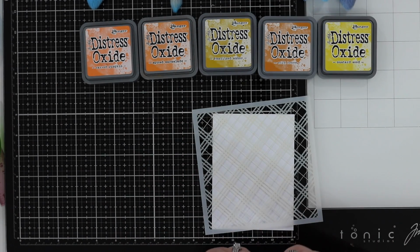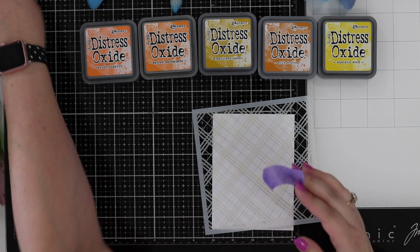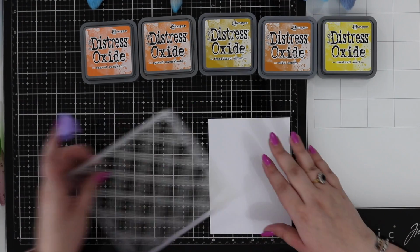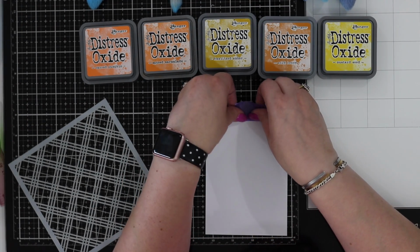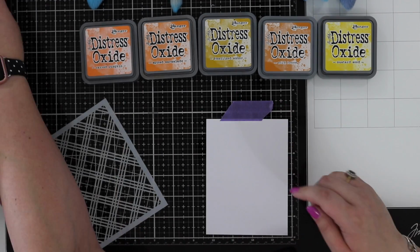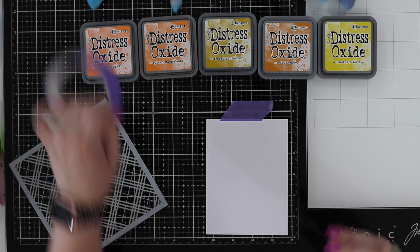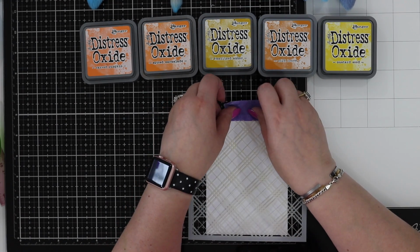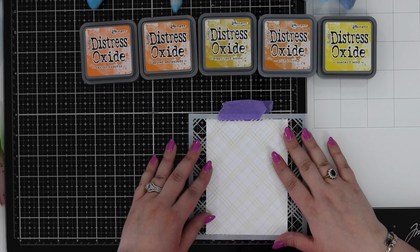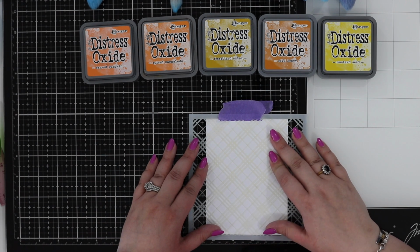So to do that, I'm going to grab a piece of masking tape. This is nothing special, it's just regular purple masking tape that I buy online. And I know I'm going to end up cutting off a little bit of this top piece. So I'm very gingerly just going to tape that down, just so my cardstock doesn't move. Then we're going to tape down our plaid. And so I'm going to pop this over the top, and I'm going to add on another piece of masking tape. And I'm going to use the bottom of my cardstock to make sure that I have plaid from top